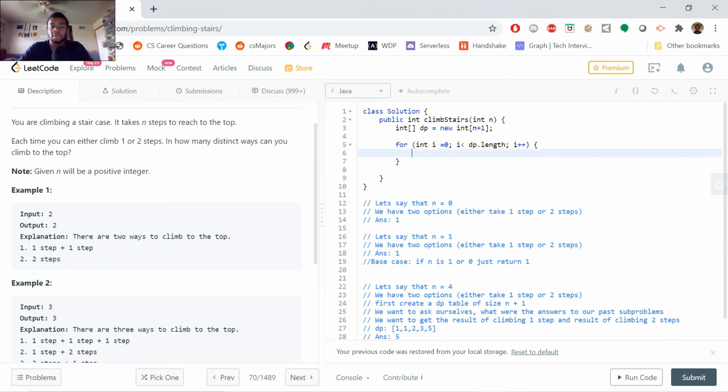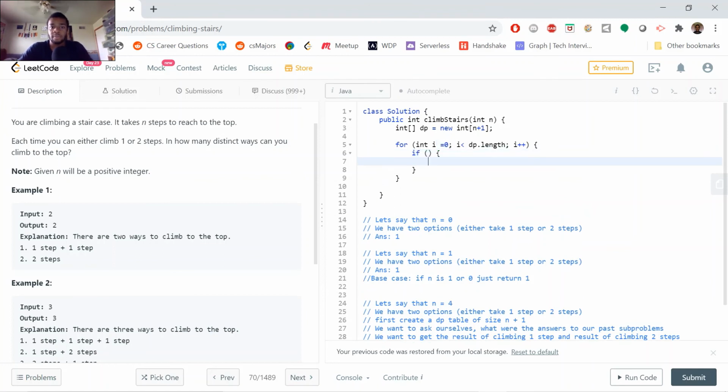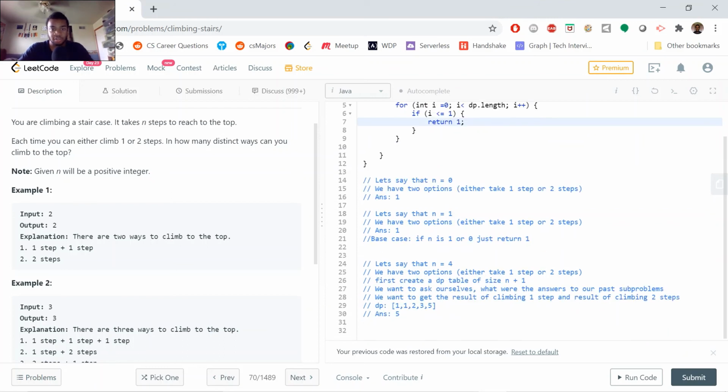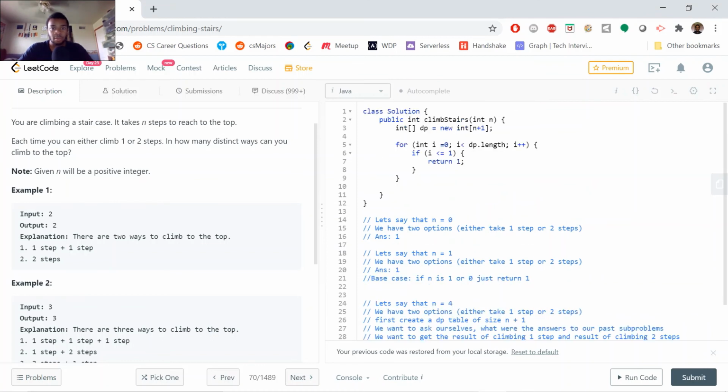So if i is less than or equal to 1, what does that mean? That means that we're either climbing 0 stairs or 1 stair, which in that case we would just give 1, right? That's what we said here. That's the first thing we found. Same thing here when n is 4. If i is 0, give it a 1. If i is 1, give it a 1. Otherwise,